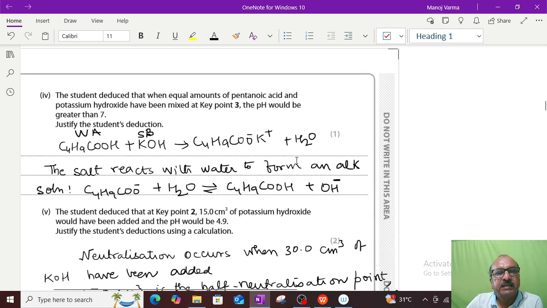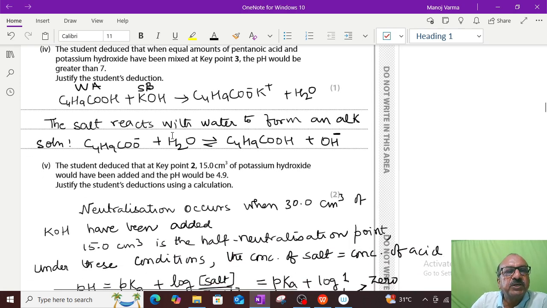Okay, and then when you reach the point 3, that is the neutralization point, the pH would be greater than 7, even though you have neutralized the pentanoic acid by adding the exact amount of KOH. But at that point 3 the pH would be greater than 7 and not 7. How can you justify that? The justification is that we are